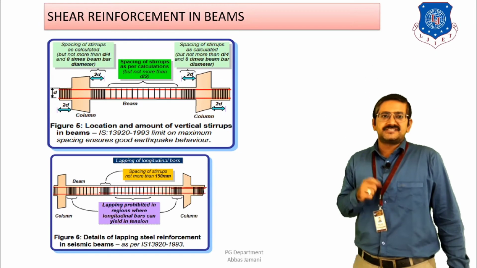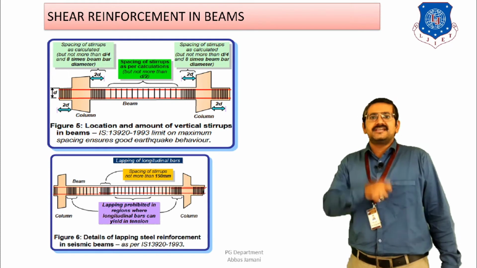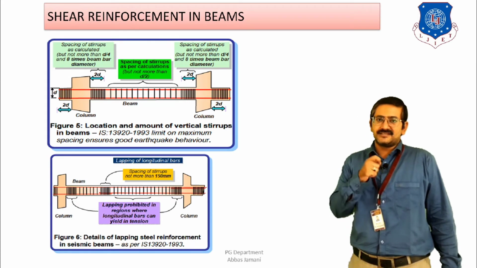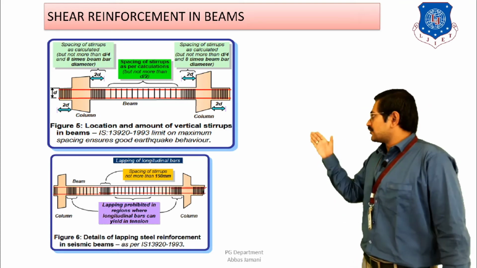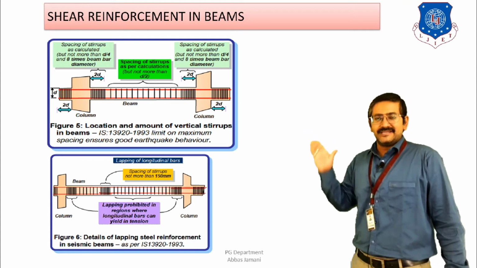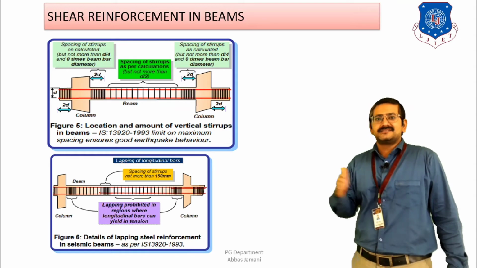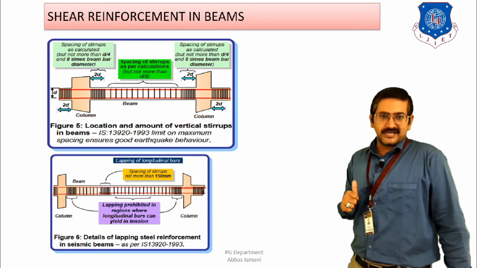Next we come to the shear reinforcement. As I have discussed earlier, in order to avoid shear failure in the beam, the shear is going to be critical near the junctions, that is, near the supports, right? So the code is telling, as you can see in the figure over here, that closed loops should be provided near the support section, and the loops should be provided at a farther distance in the midspan section. The same thing is shown by means of a figure here also.